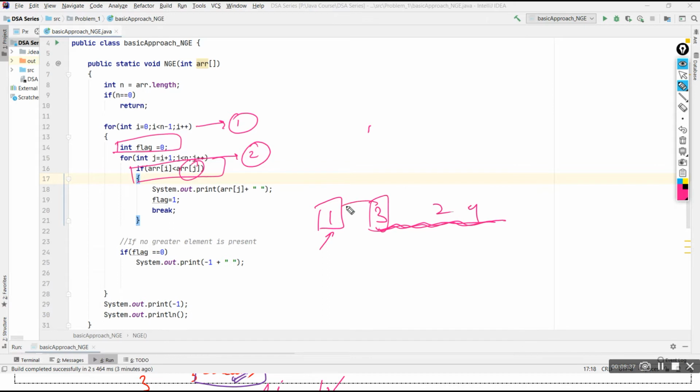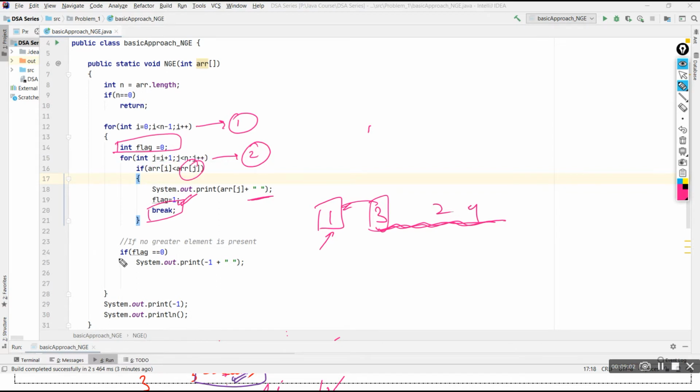If this is greater than this, yes. If it is greater than, then print it. And see, here I am using the print method, not println, to print in the same line. Okay, and after that I am adding this space, and then I am making the flag equal to 1, and after that going out of this for loop.